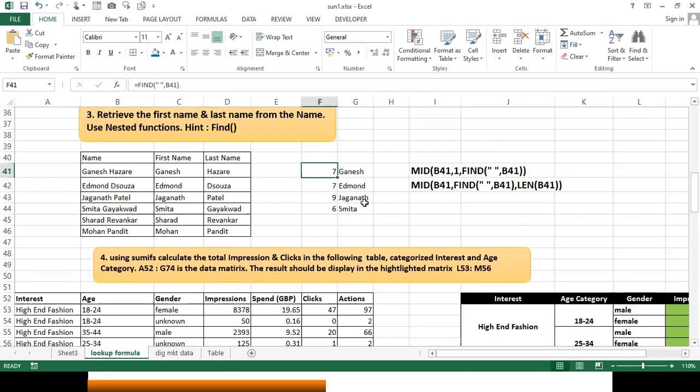From the 7th, it will start, from the 7th till the end of the length. The 7th itself is the space. From there, it will read for me. It will read from here like this. Getting my point?